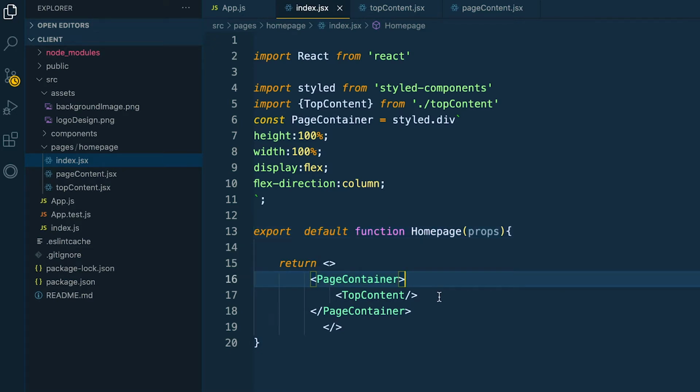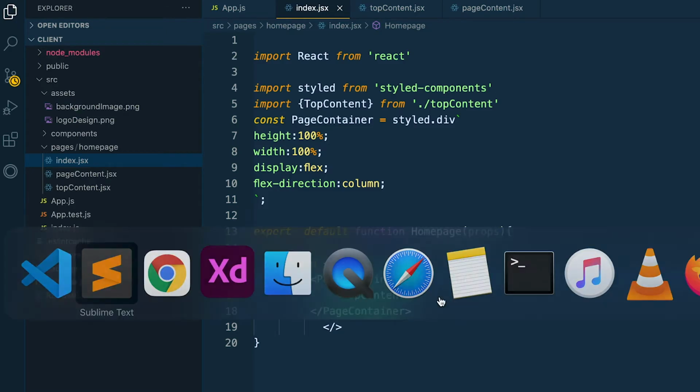All right, so let's save and see what we have. Good. So now this is our page, but remember we are having this padding